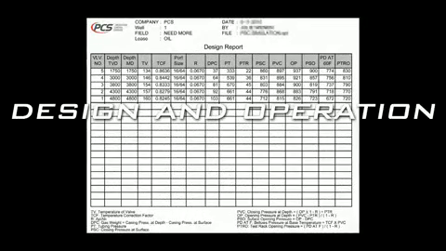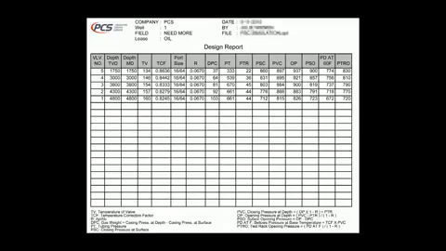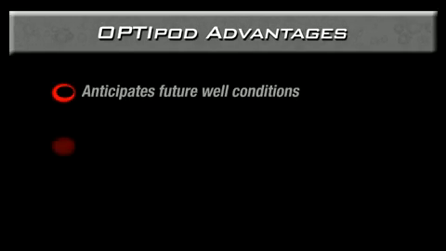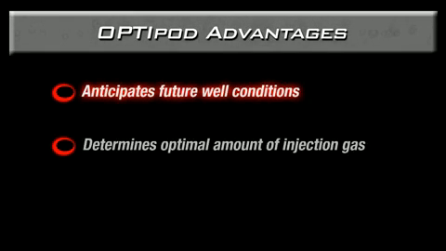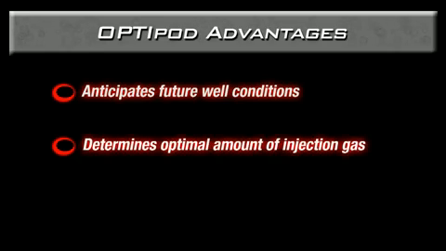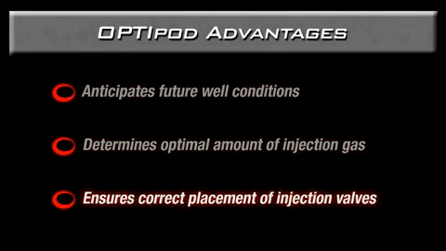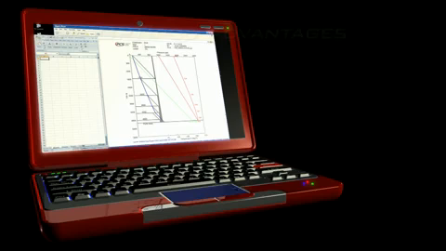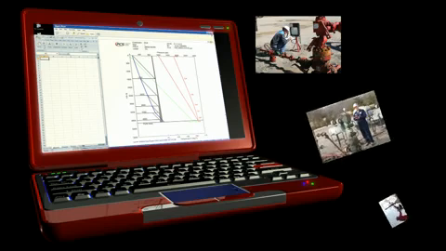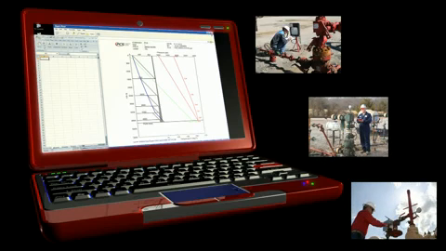Installation of the OptiFlow Gas Lift system begins with a carefully engineered design customized for your well specifications. Our OptiPod software uses both existing and anticipated well characteristics to determine the optimal amount of injection gas needed to deliver fluids to the surface, as well as the correct placement of the injection valves based on pressure calculations. By adapting to both current and future well conditions, the OptiFlow Gas Lift system ensures optimal production throughout the life